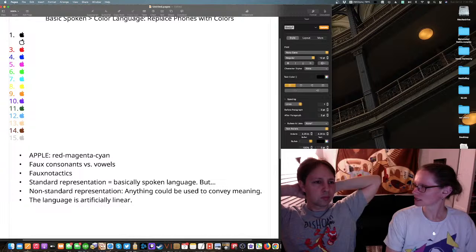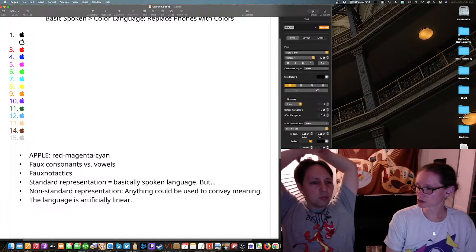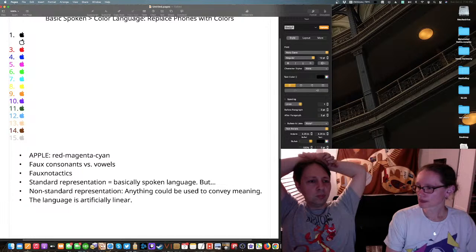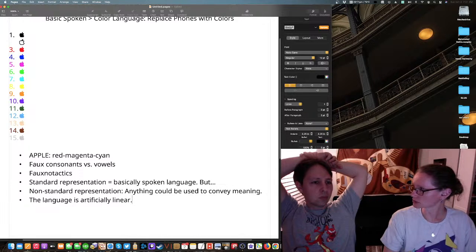But even in the way that I've seen a lot of people do color languages or attempt to show them, it ends up being something that's linear, even if it's in a different shape. For instance, say, oh, it's a spiral, but really what that is is a line spiralizing. And so you still have a starting point and an ending point, and you follow the line, even though it's not a horizontal line across a page. And so I think that the way that humans operate, it ends up being more linear.